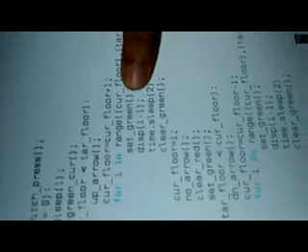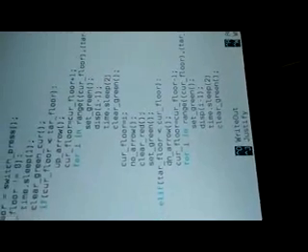Next, whenever our lift is moving, green signals will turn on. If the lift is at the first floor, the green signal of the first floor will be on. Again when the lift is at the second floor, the green signal of the second floor will be on. In this way the green signal will turn on and the previous green signal will be cleared, that is, when our lift is moving from the first floor to the second floor, the green signal of the first floor will be off.